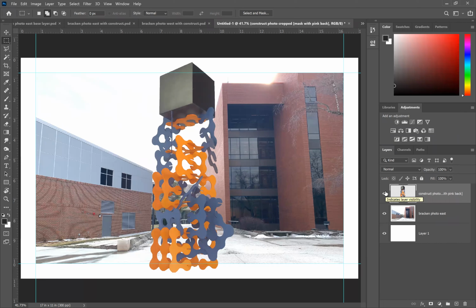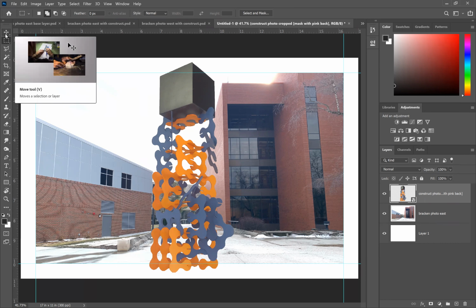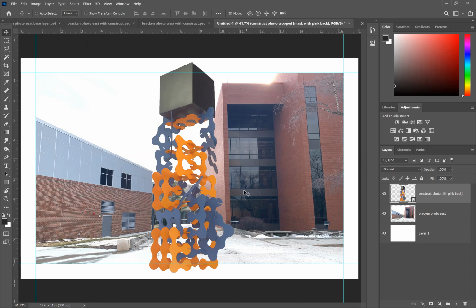So what can we do? Well, if you're thinking, well, let's scale it and move it. Did we just do that with our background photo? Absolutely, we did. Make sure that you select the layer that we're working with. And then we can complete some tasks. First, I think I'm going to move it just a little bit. So I can click on the Move tool. As long as I'm on that layer, I can click on the Move